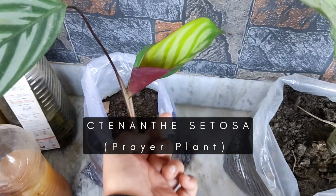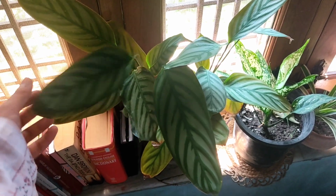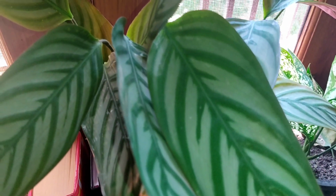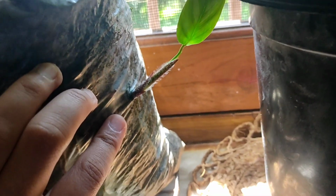Next here we have a prayer plant. Yes, it is the same plant that you are seeing now. When I started to grow the plant, it had only 2 leaves, and that was 1 year ago. That was last October in 2021. Now it is October 2022 when I'm recording this video, and it has grown so well. Also, I have decided to propagate this plant and shift it to the pots. As you can see, the roots are also quite visible here, and it's a clear signal that it